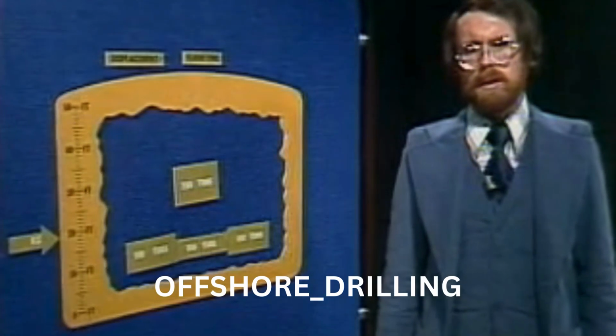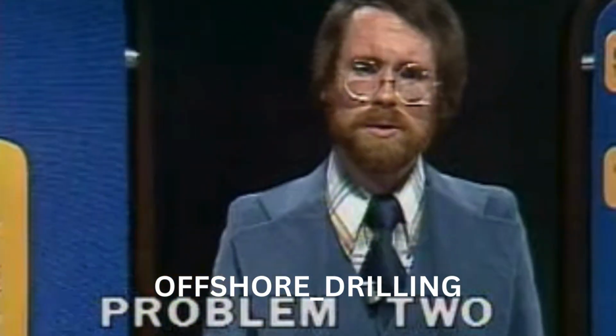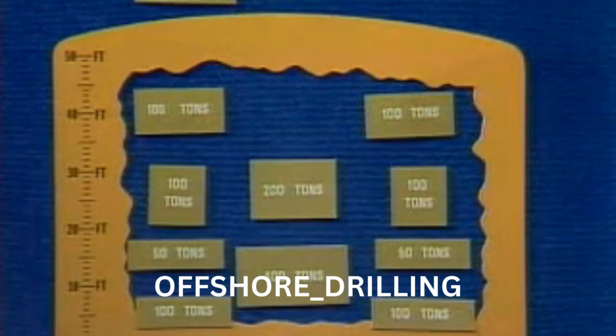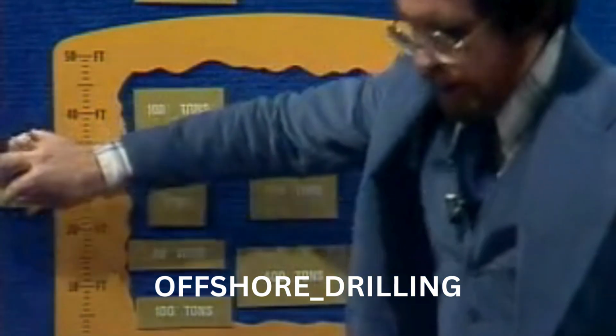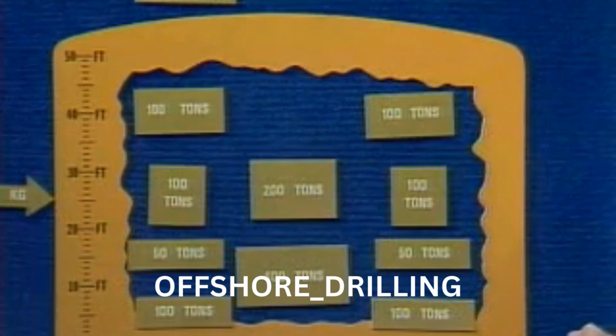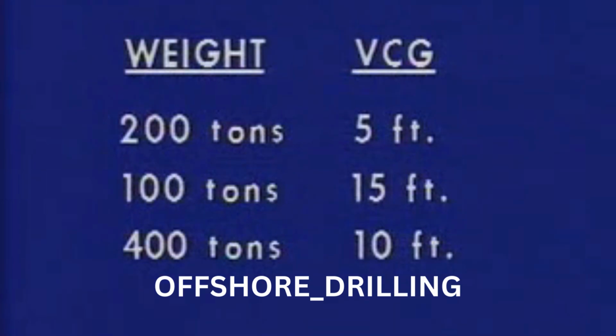In our second problem, we'll remove weight and then determine the vertical center of gravity of the vessel, the kg. Let's assume that another vessel has a kg of 25 feet and that the vessel and its cargo displace 15,700 tons. If 3 items of cargo have VCGs as shown here, and we remove them from the vessel, what will be